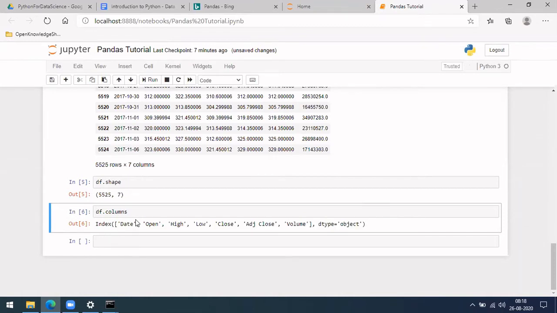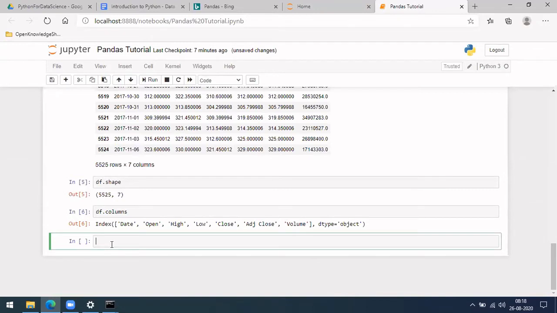Okay, and you can even change them, manipulate them to some other values. Let me do that. In case we want to change it, df.rename, and then columns. Let's say I want to rename only this date to something else. So give that. Let me say new date.